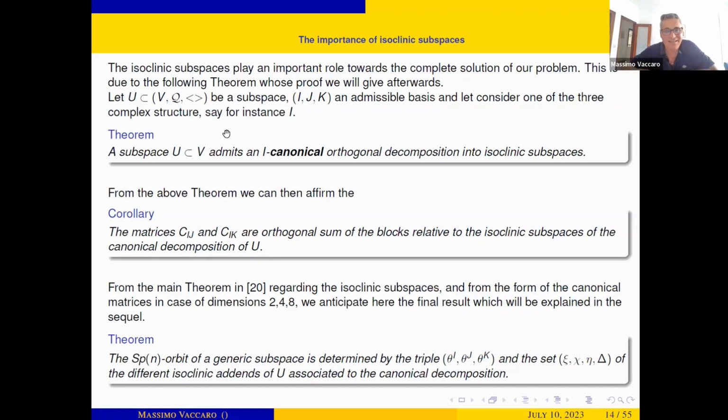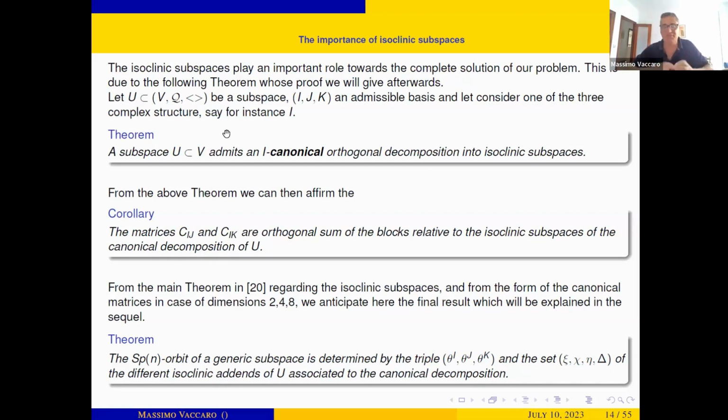It's very important. The word important is canonical, because we look for something canonical. We have so many bases, so many possible decompositions, but we are looking for something canonical, so that I can assign to every subspace some canonical matrices. You remember the matrices C_ij, C_ik. They should be canonically defined. Of course, these matrices depend on the basis, but if I find some canonical basis, then I can say that these matrices are this, this, and this, and two subspaces are in the same orbit if they have the same matrices. But we have to refer to one basis, or at least to one sort of matrix,